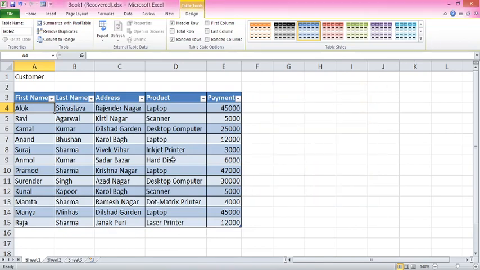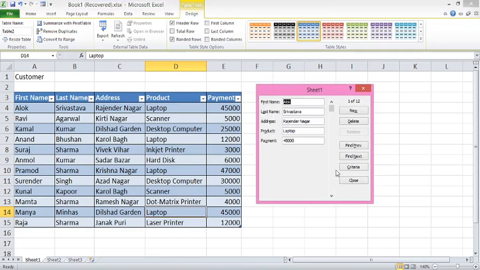Next is how we can search for any particular record. If I want to search for all the customers who have purchased laptop, again for that I will open data form, and here we have the button Criteria. Tap on this Criteria, it will provide us different fields. Here I want all the records who have purchased laptop, so I have selected this field and I am entering laptop.